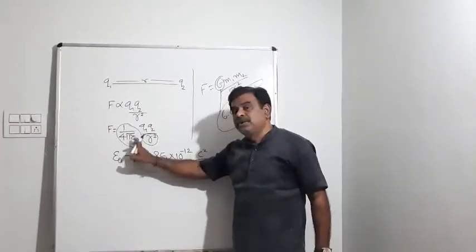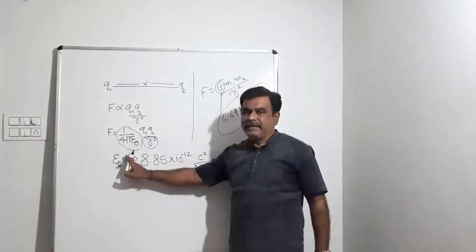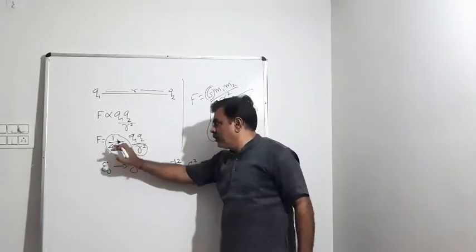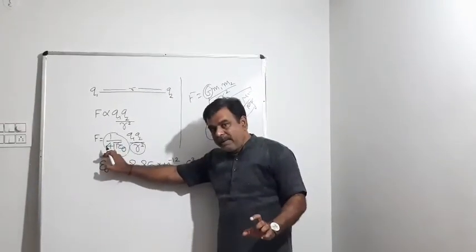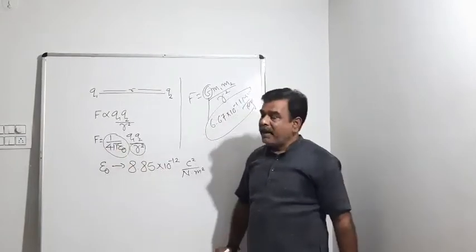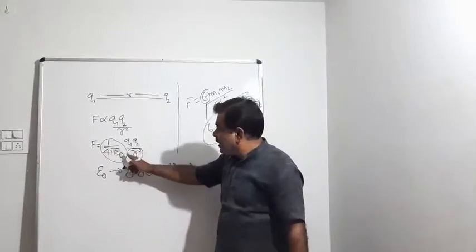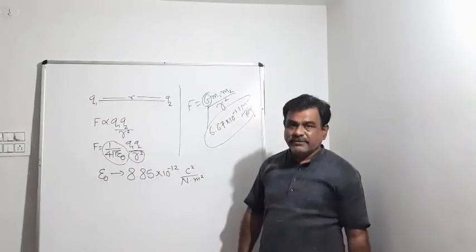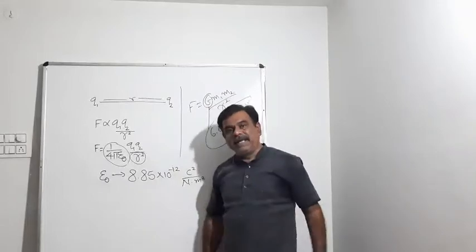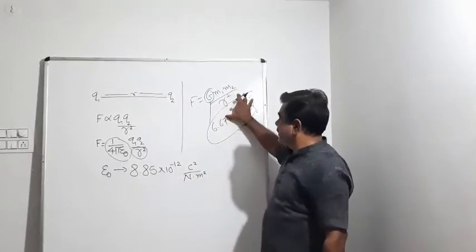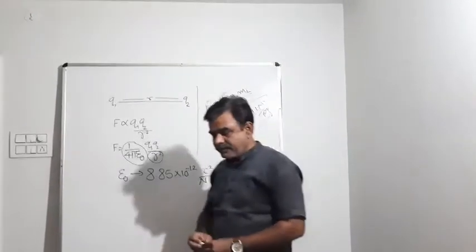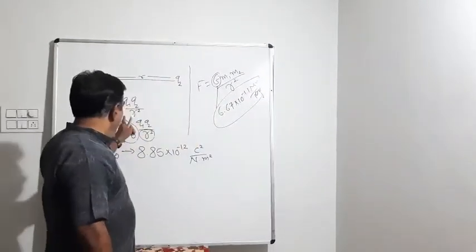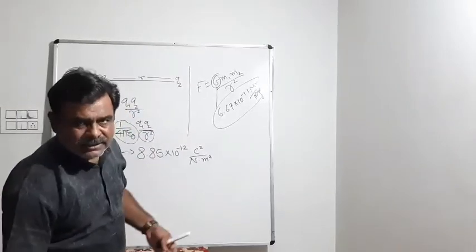But electrical force depends on medium, and on the basis of this, you will have lots of problems. Right now, the concept to be remembered: electrical force between two charges depends on medium, because epsilon 0 is the electrical permittivity of free space. This equation is only applicable for free space. Gravitational force is independent of medium. Based on this, first I am giving some questions, and then we'll continue with this equation in some medium.